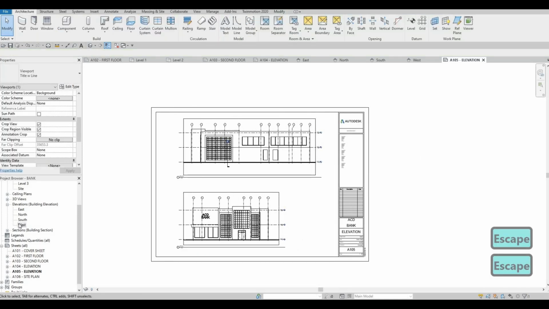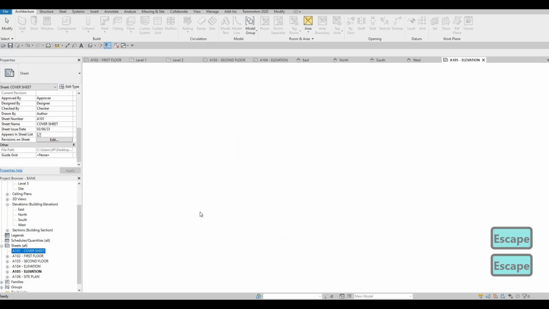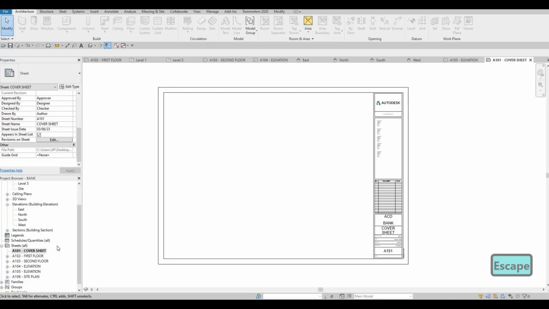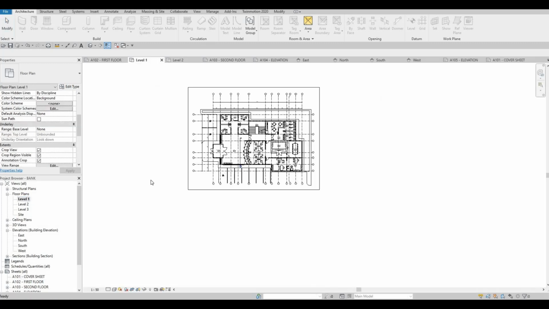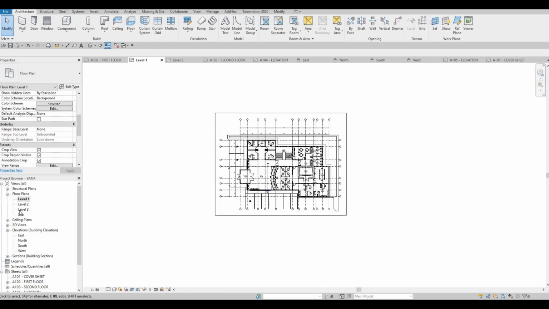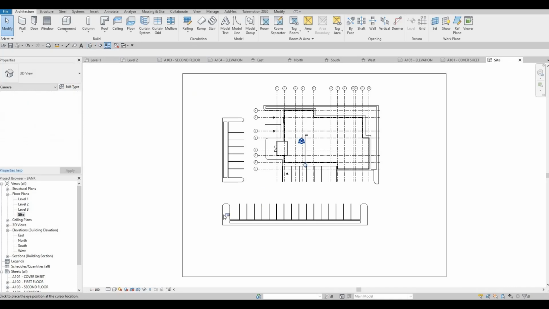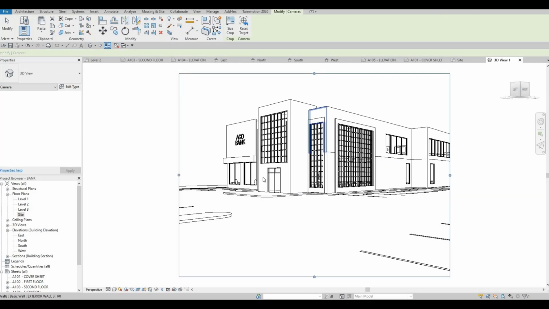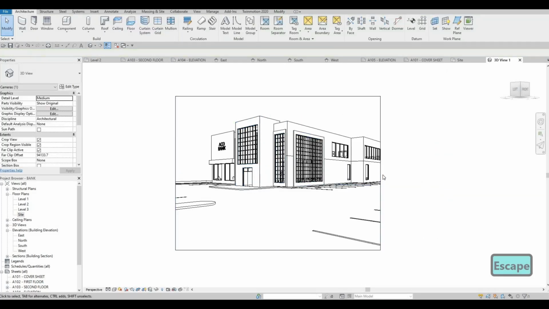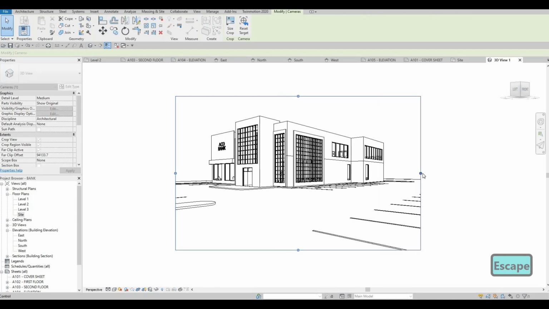And then there we go. And then now let's go to our cover sheet. But before we go there, let's go to level 1, or our site, so that we could see how it will look once we render it. So here I'm gonna use camera. I'm gonna picture it like so,